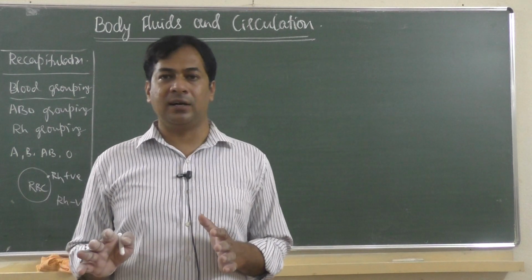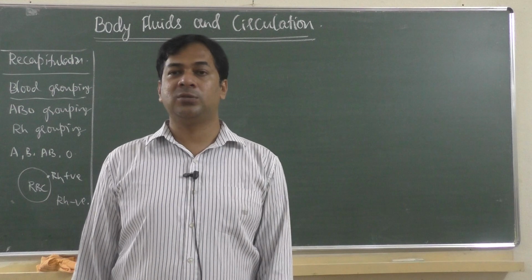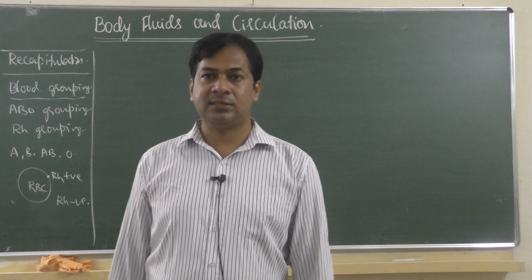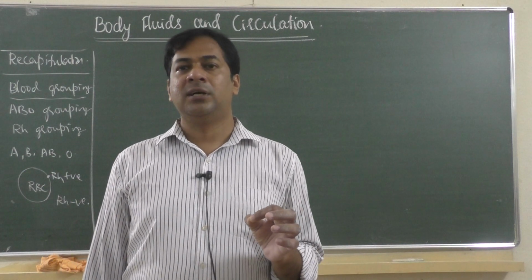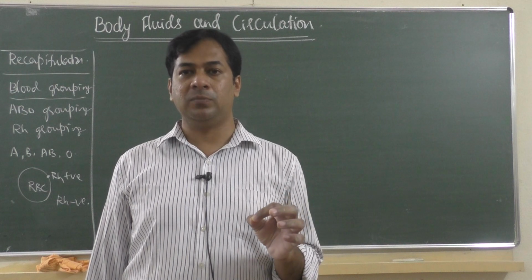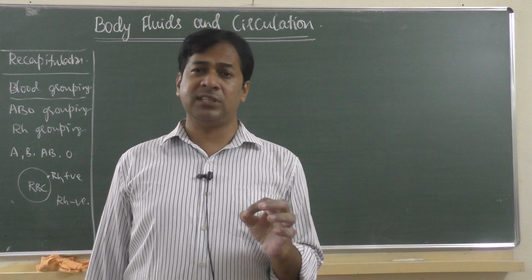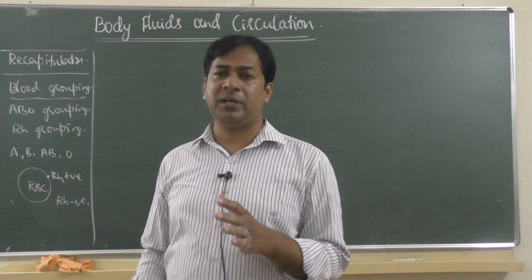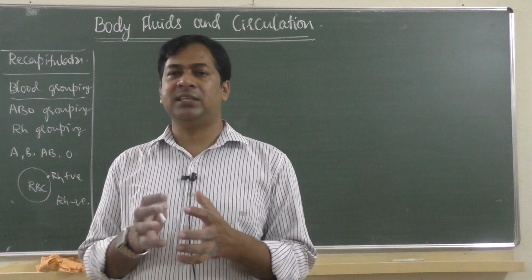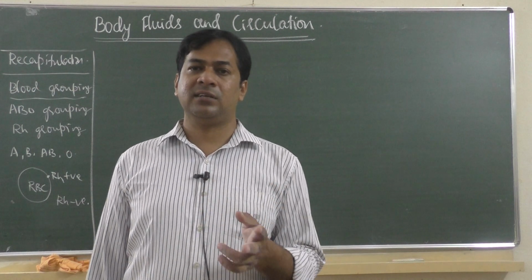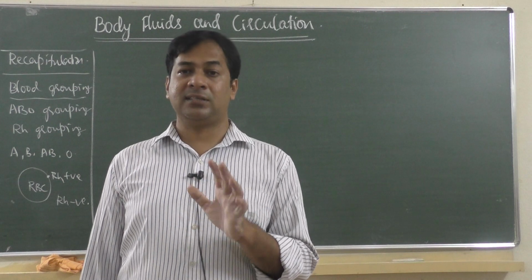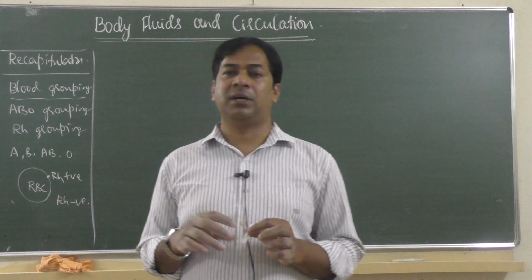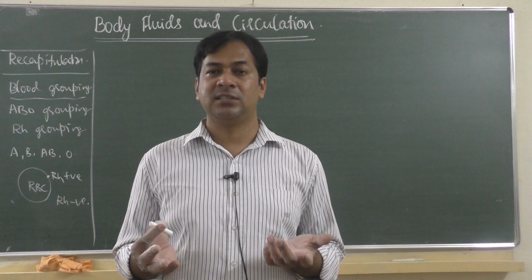One medical condition we have discussed is called erythroblastosis fetalis, if you remember. During pregnancy, if the mother has RH negative blood group and her baby has positive blood group, then during the first delivery nothing happens, because the mother's blood and baby's blood are completely separated by the placenta. Mixing doesn't happen. But during delivery, when they cut the placenta, there are chances of mixing of the baby's blood with the mother's blood. If it mixes, then the mother's blood starts producing antibodies against the baby's blood group.